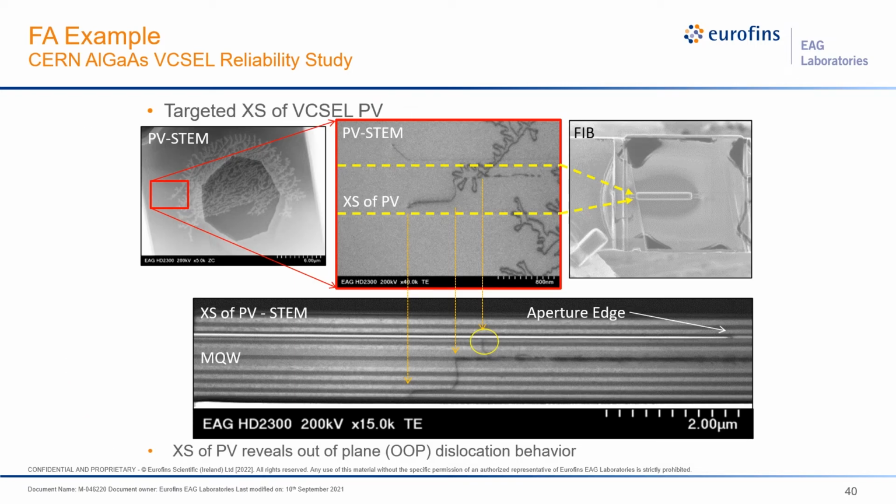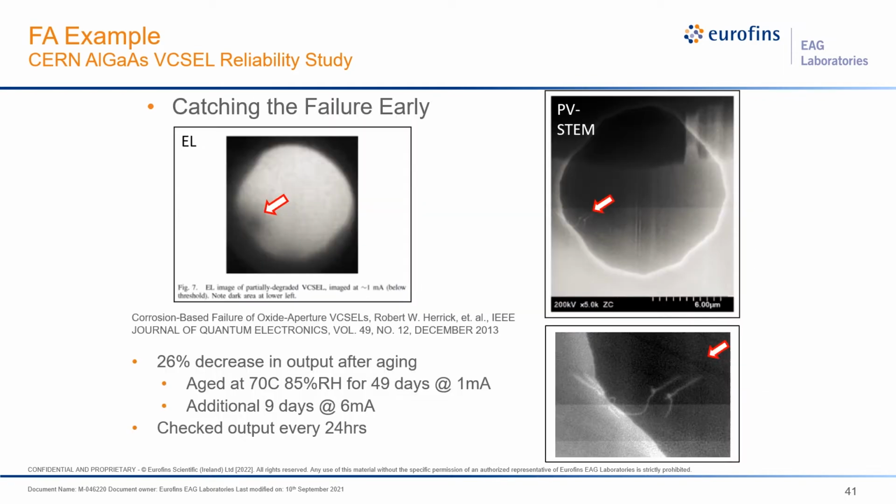and then we can convert the plan view into a cross section, and you will see that the defects actually originate from the multiple quantum well light emitting region. Because of the high density of energy in that region, defects will originate at these layers. And actually, for a lot of failure analysis, we start with a fault isolation technique,